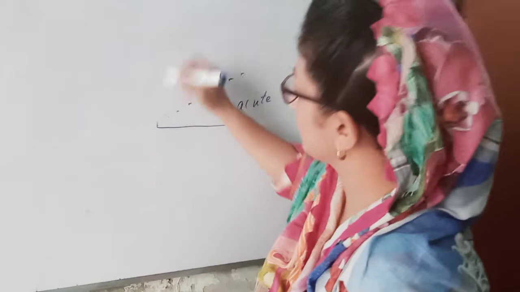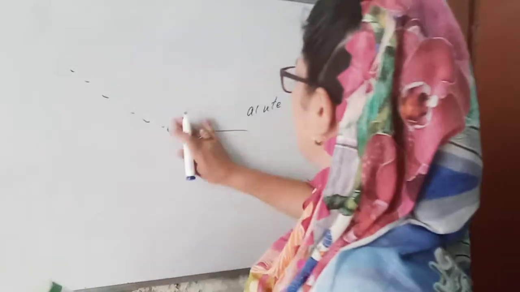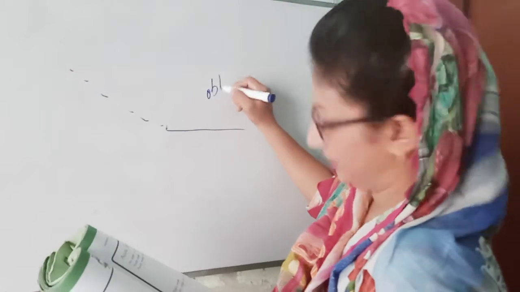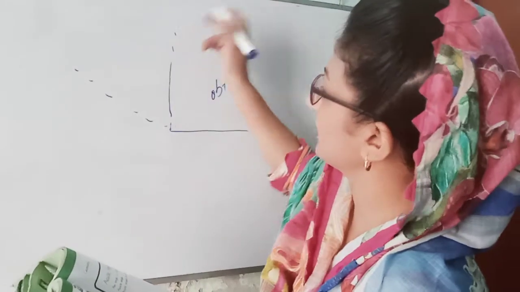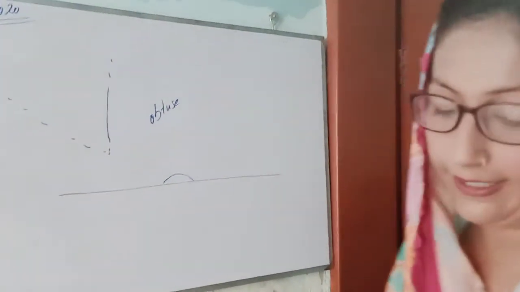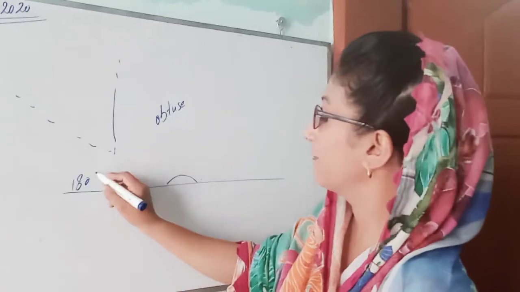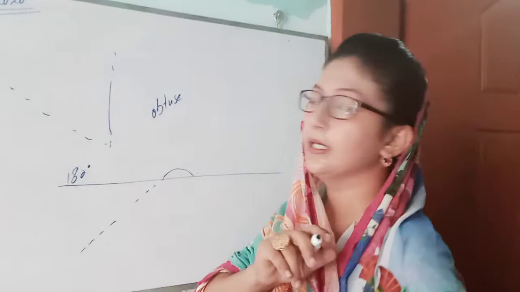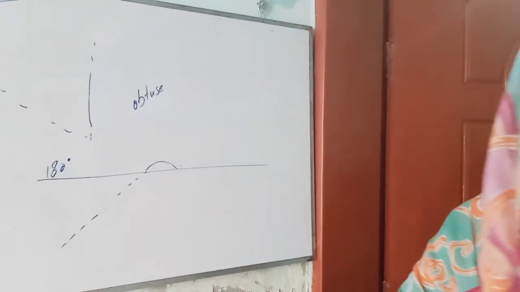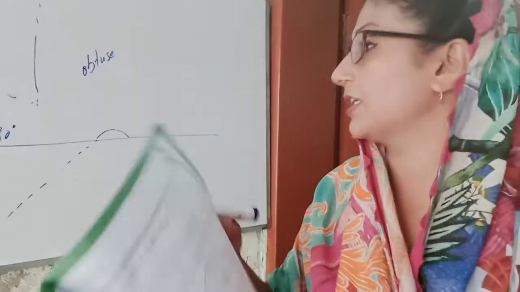If the angle is greater than 90 degrees, then it is an obtuse angle. And if it is exactly 90 degrees, then it is a right angle. And if our angle is like a straight line, then it is called a straight angle, which is 180 degrees. But if the angle is greater than 180 degrees, then it is called a reflex angle. So I hope students you will learn these definitions, and after that you have to find out which angle is greater than 90 degrees and write the name.